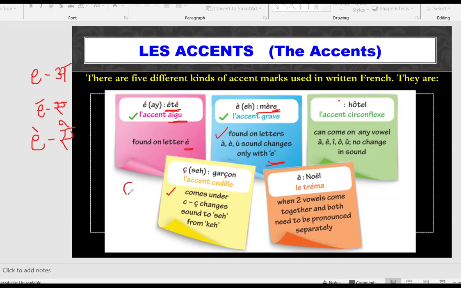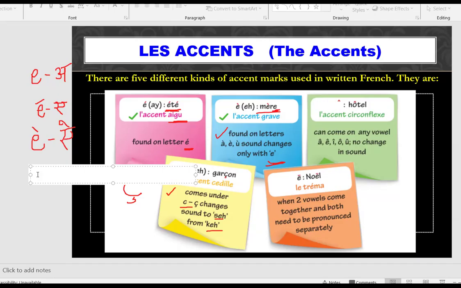If you see C के नीचे, you put something like this. Okay, C के नीचे you put this cédille. Now it comes under C like this, and the sound changes to S from K. अब यहाँ पे भी a question कि हम A B C आ बे से ही तो बोलते हैं, है ना, से बोलते हैं, तो क थोड़ी होता है, but when it comes in a word,